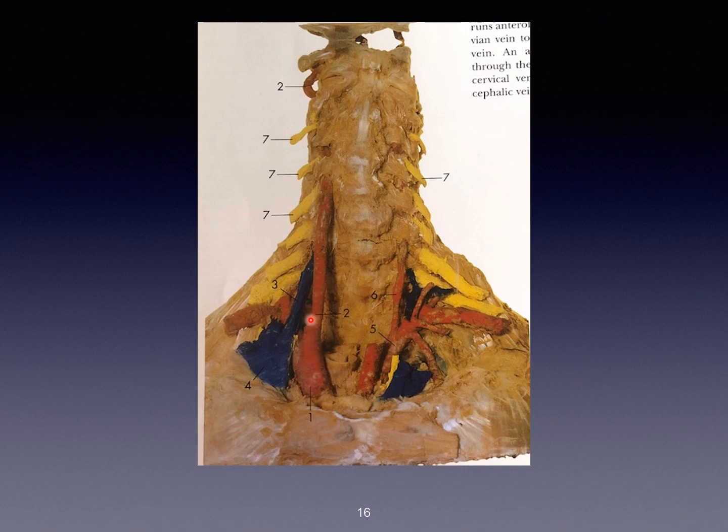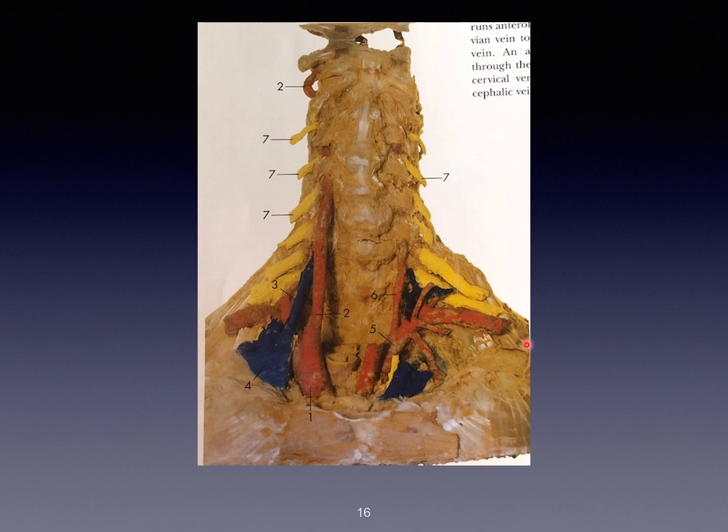So anterior relations, always keep it in mind, the carotid sheath and the strap muscles. Left side, please don't forget to write about the thoracic duct in the anterior relation. Posterior relation of the first part is suprapleural membrane and the apex of the lung. Always suprapleural membrane and apex of the lung will be coming. And second part, don't forget to write about the second part. Anterior relation is your scalenus anterior muscle and the phrenic nerve, very simple. And the posterior relation, as usual, suprapleural membrane and apex.